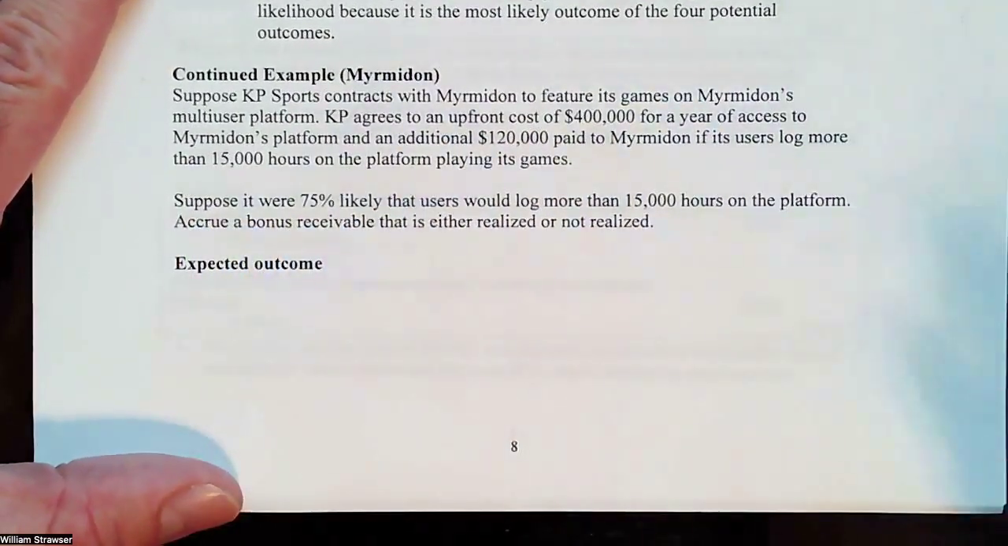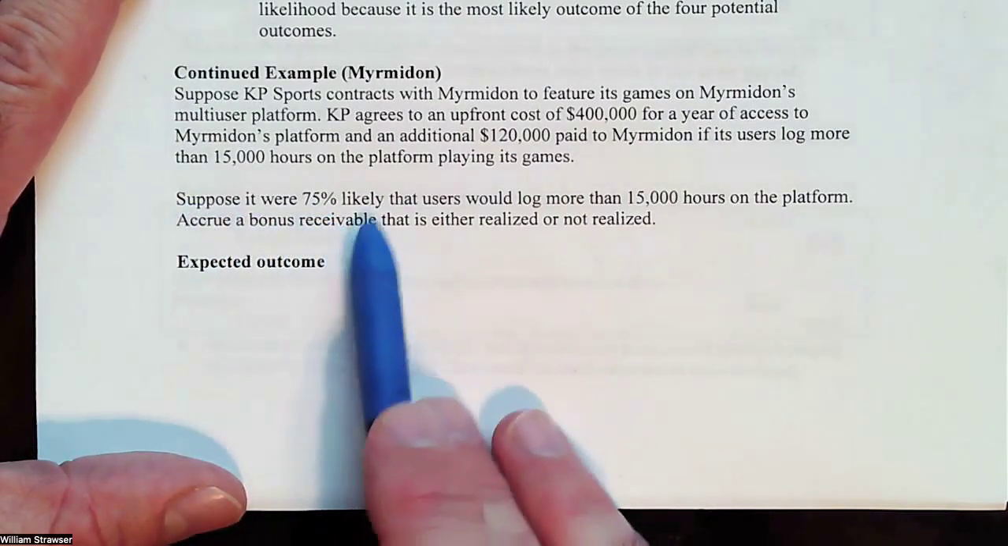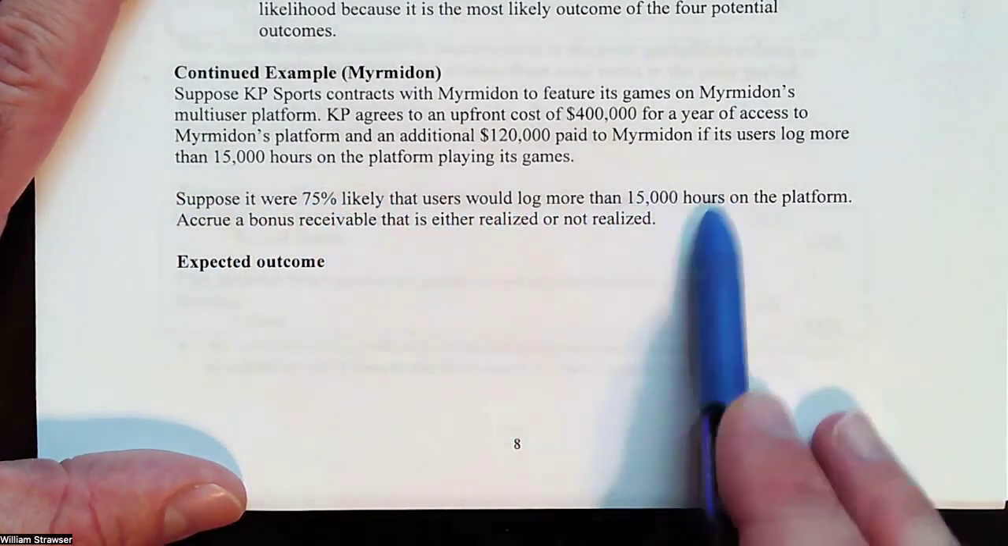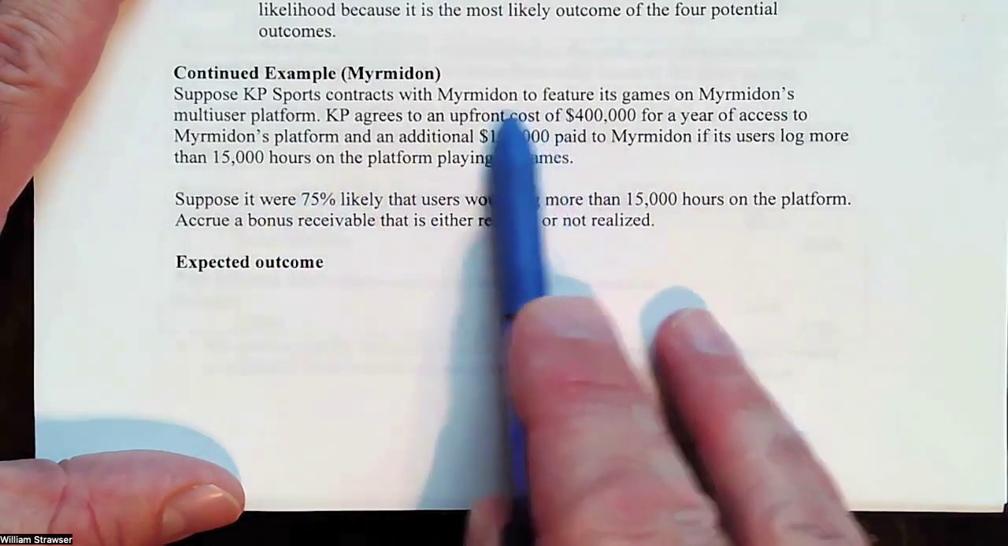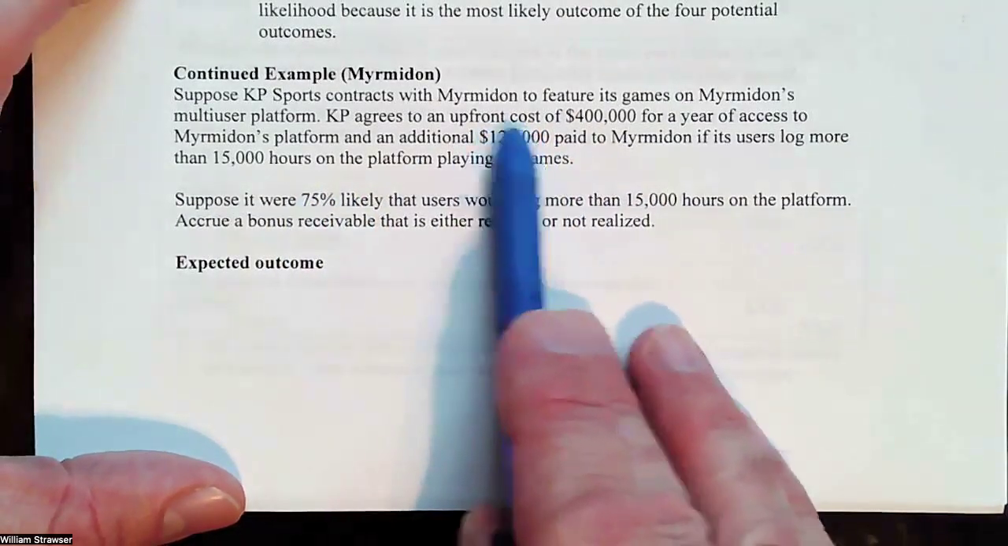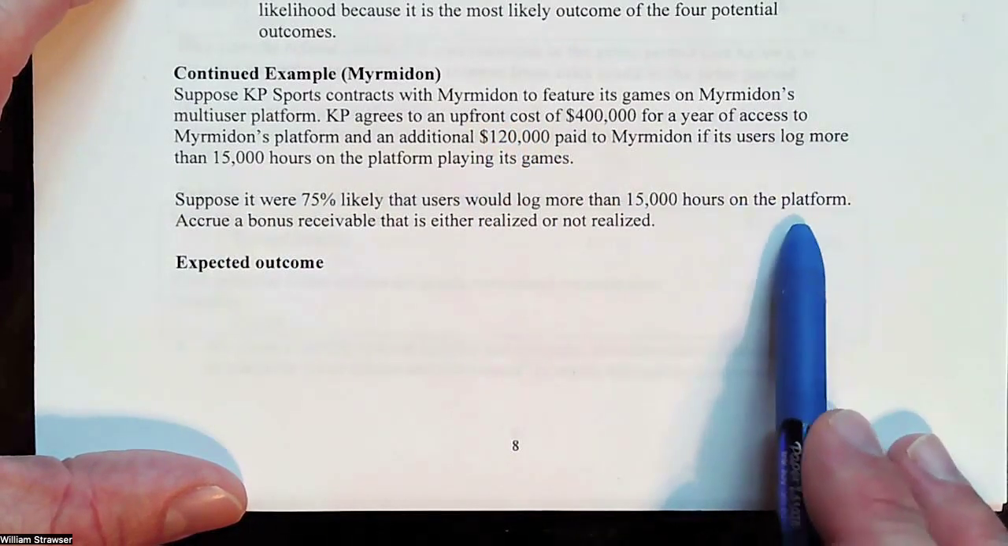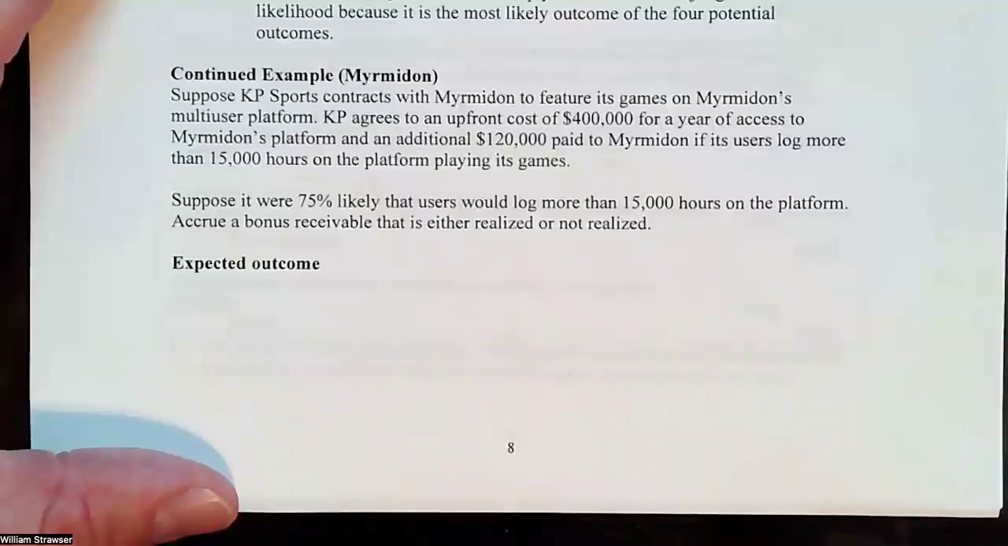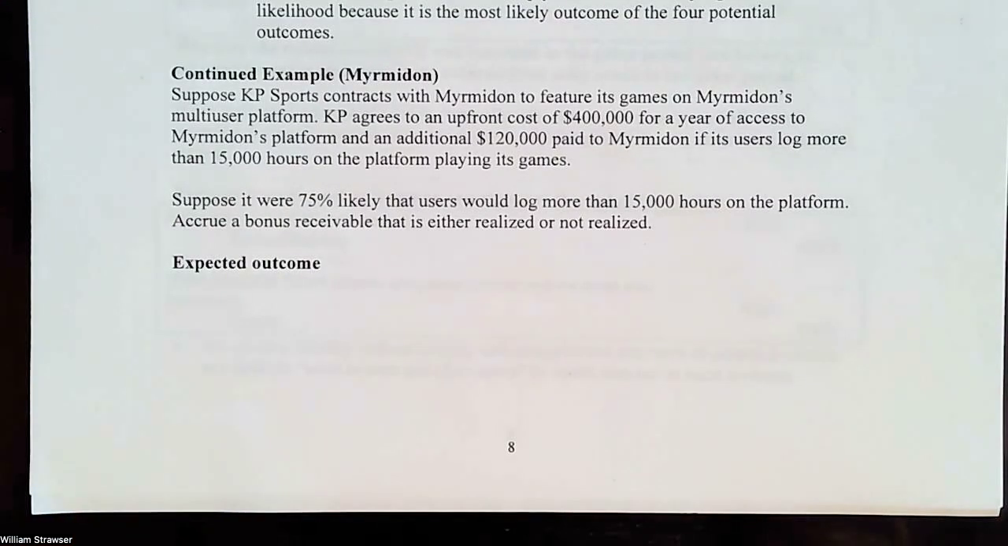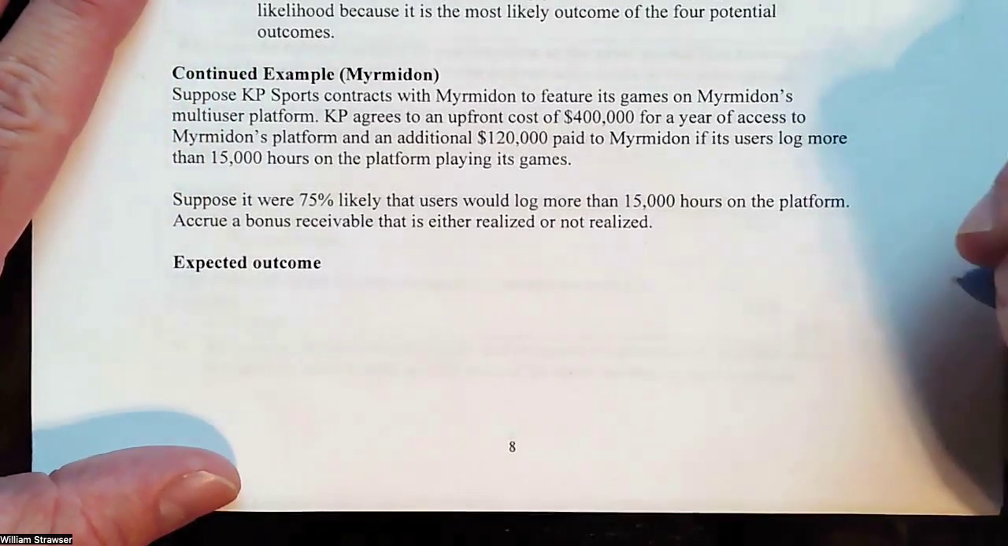So the probability distribution is that it's 75% likely that users would log more than 15,000 hours. So 75% likely Myrmidon will receive this $120,000 and accrue that bonus receivable. We'll be able to recognize that probability as revenue. So there are only two options. It would make more sense in this case, in my opinion, to use the most likely amount, but just to explore how expected outcome versus most likely can influence this,